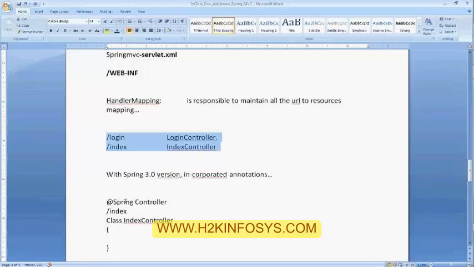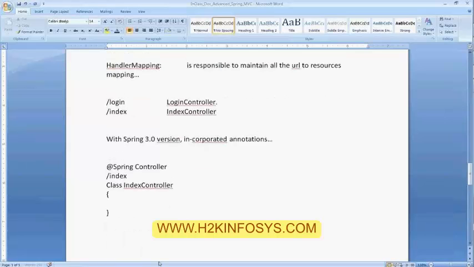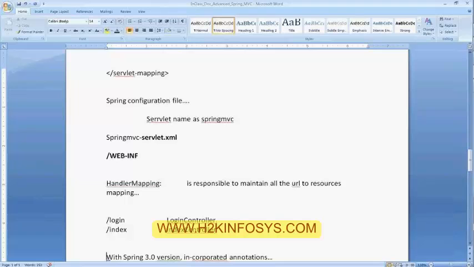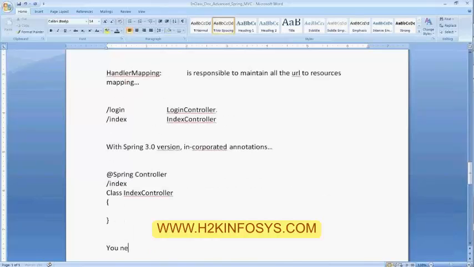You can inform the container or your handler mapping by mentioning it at the controller level itself. Only thing you need to do is inform the Spring framework that I want to use annotation based